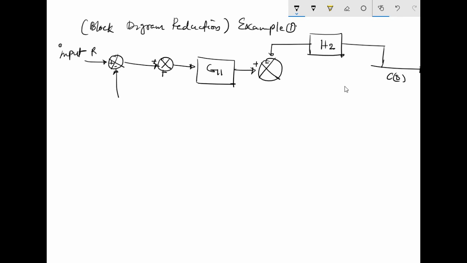And if you go, this is my positive, this is my minus, and this is whatever is G2. And then I will feed this back here, both are positive, so I'm feeding it back here. So this is my transfer function H1,